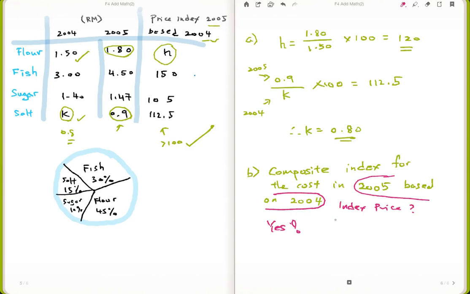So if you have the index price, which is here, 1, 2, 3, 4, 2005 based on 2004, this is what you have. This is given. So that will be pretty straightforward, right? All you need to do is put them into the equation. That's all. So therefore, your composite index,